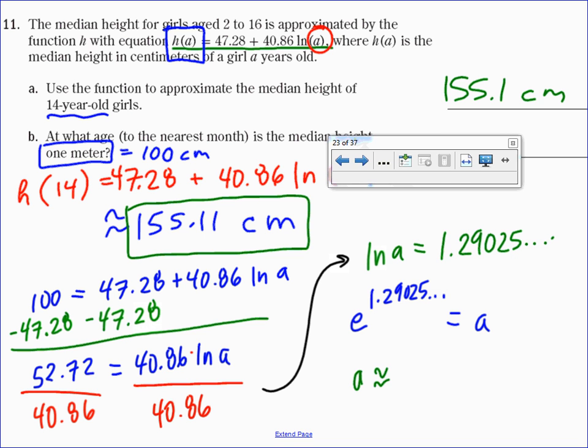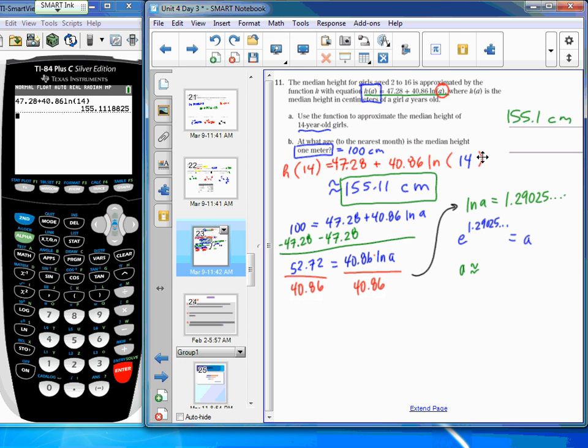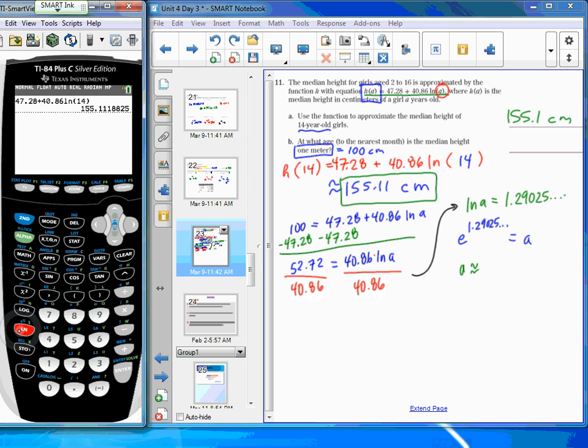And so it looks like my age A is about, let's go ahead and do that on our calculator. e to the, recall, is second ln, 1.29025. Oh, goodness. I broke my calculator. Overflow. So we're getting about,